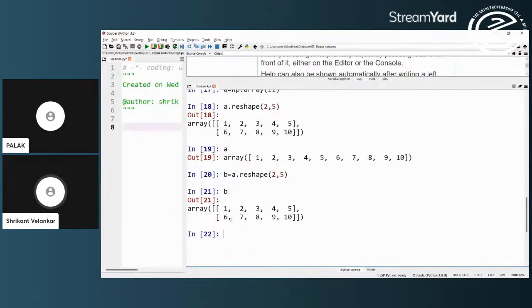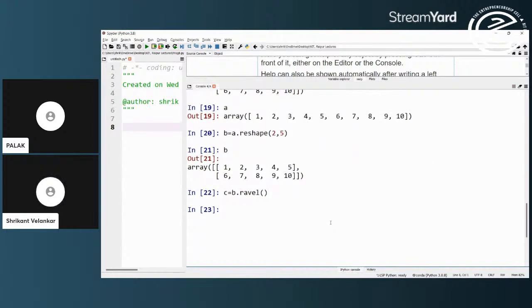So if it is a two-dimensional array which is there, now if I say C is equal to B dot ravel, what will be C? C will be again an array of 10 elements.